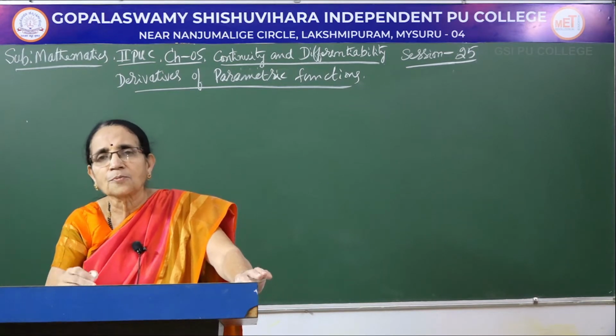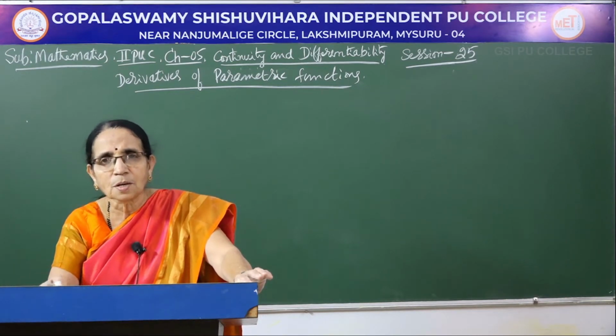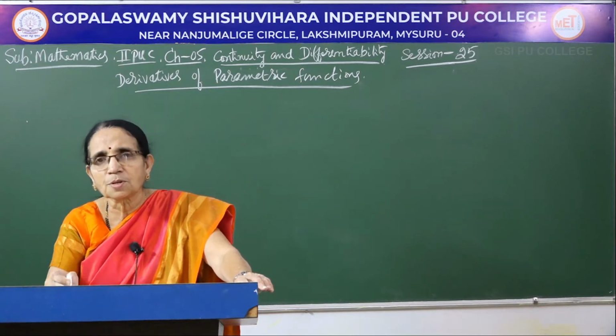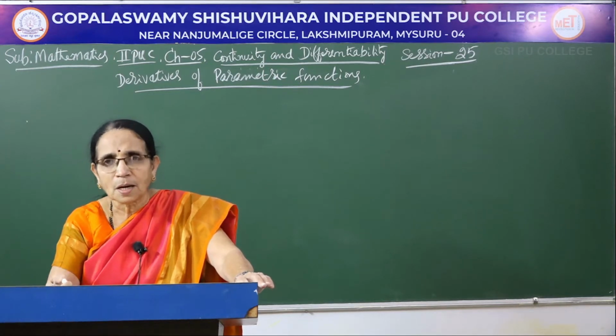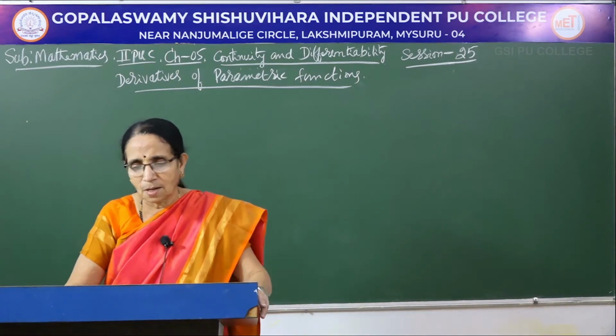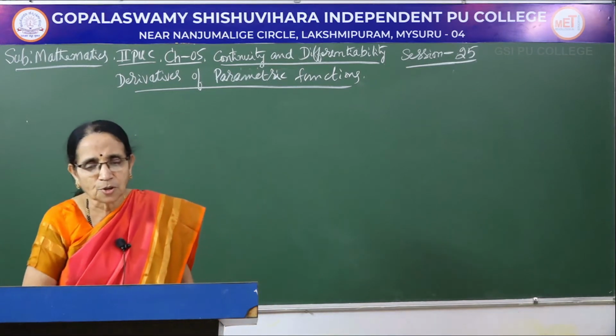They give you: if x equals some function and y is some function, show that dy by dx equals some answer that would be given. Then you have to make use of, suppose it is a trigonometric function, either the multiple angle formula or the half angle formula, whatever formula is required to arrive at the required result. Now, let me try the first problem.